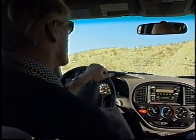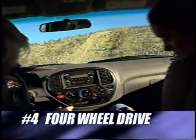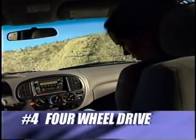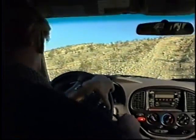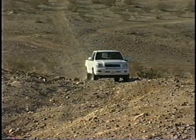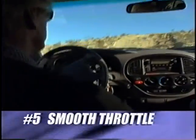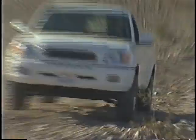And then a real smooth, steady throttle all the way up the hill. Make sure we're in four-wheel drive, and it doesn't look steep enough that we have to go in four-wheel low, so we'll just key in four-wheel high, smooth throttle. It doesn't take a lot of speed. And like I say, we're not racing, we're just smoothly, efficiently driving up the hill, missing the rocks with the sidewall of the tire,